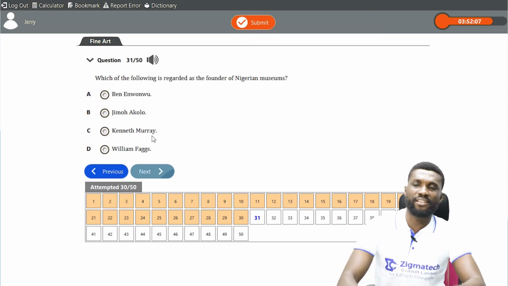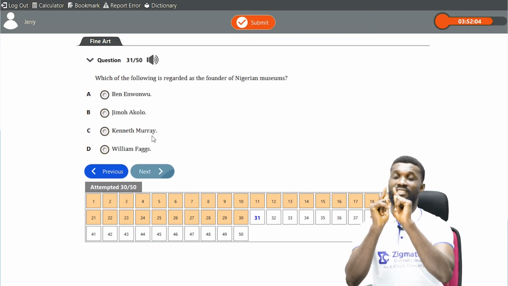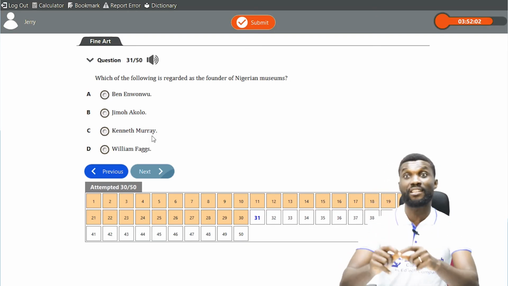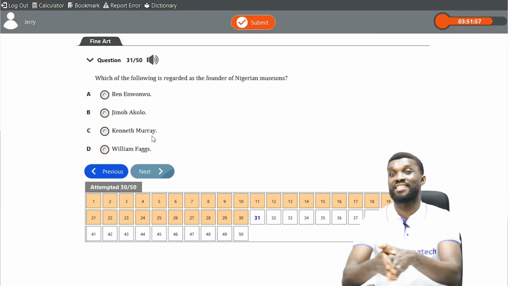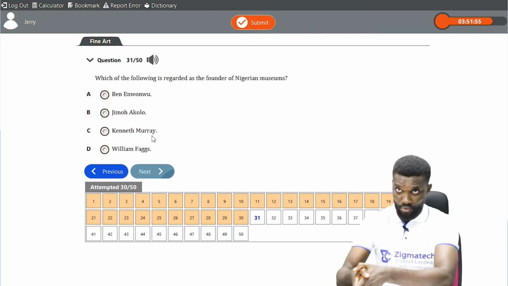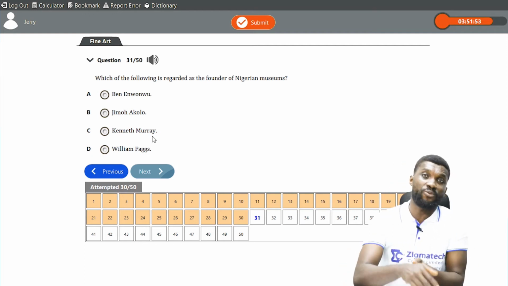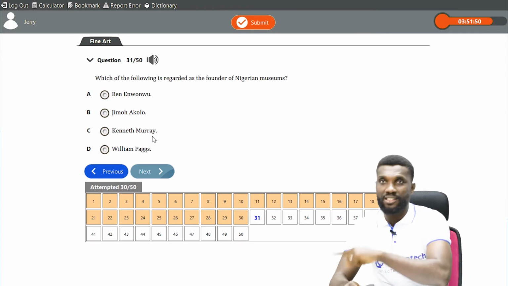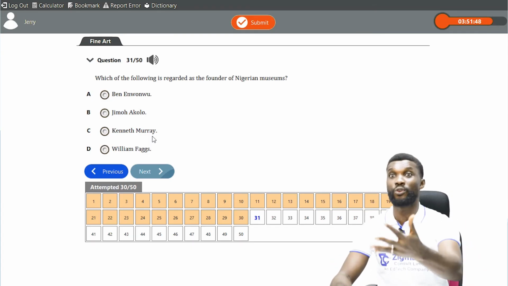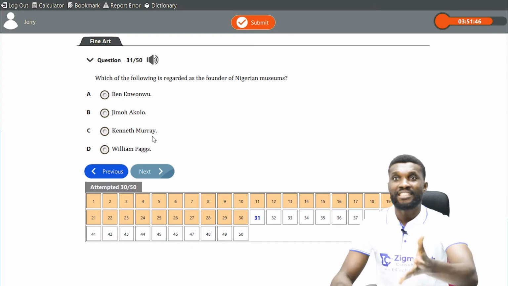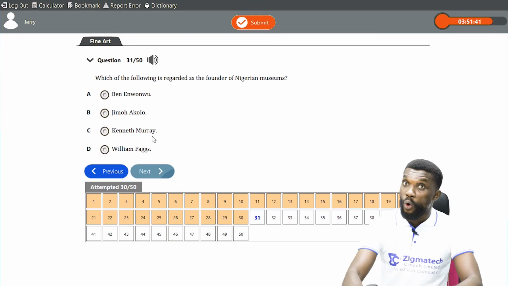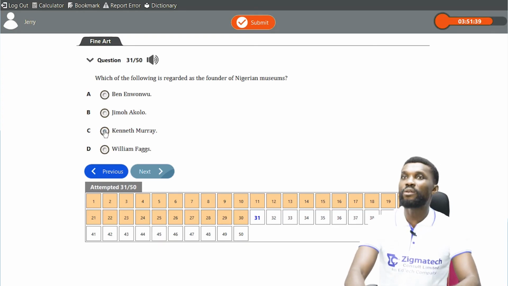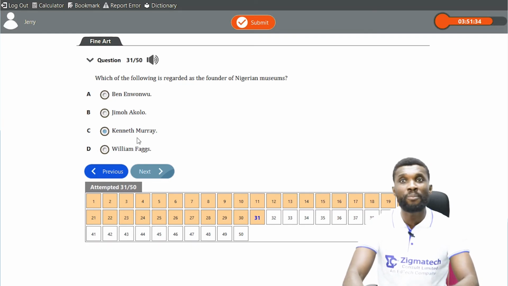Now, Kenneth Murray and Bernard Fagg were expatriates that were brought in by the father of art in Nigeria, who is Aina Onabolu. Aina Onabolu is regarded as the father of art in Nigeria. He went back abroad and brought back these expatriates, Kenneth Murray and the likes of Bernard Fagg. When they came, they helped him to build art in Nigeria. Therefore, Kenneth Murray founded the museum in Nigeria, and he is now regarded as the father of museum in Nigeria,